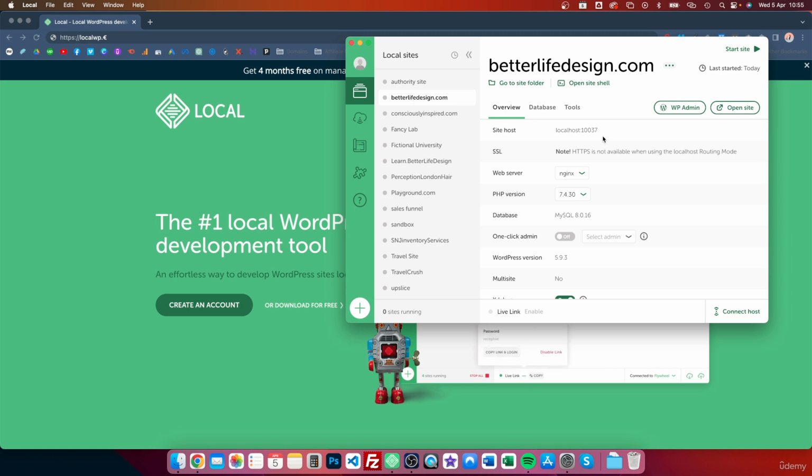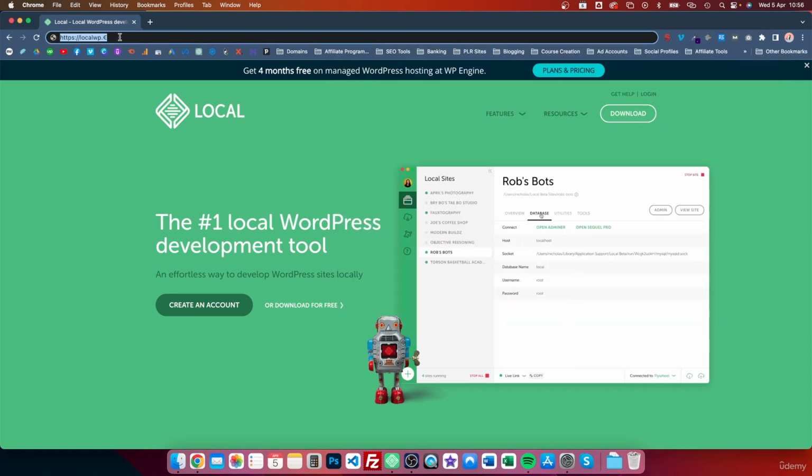Now, if you have taken any of my courses previously in WordPress and Elementor, you'll know that I like to use Local WP to build all of my websites in. So we're going to be using Elementor Pro. And if you only have the one single license, which is possibly already in use on a website that you've already built, then if you didn't want to mess around on that website building what we're going to build in this course on your existing website with the single license of Elementor, then just download Local WP from the localwp.com